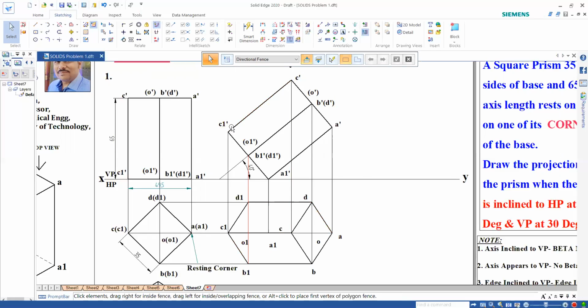Next, C1B1 and C1D1 are visible, outer edges. And BB1, DD1 should be visible. Again, these are outer edges, and the outer edges are always visible, so we can draw them directly, right?